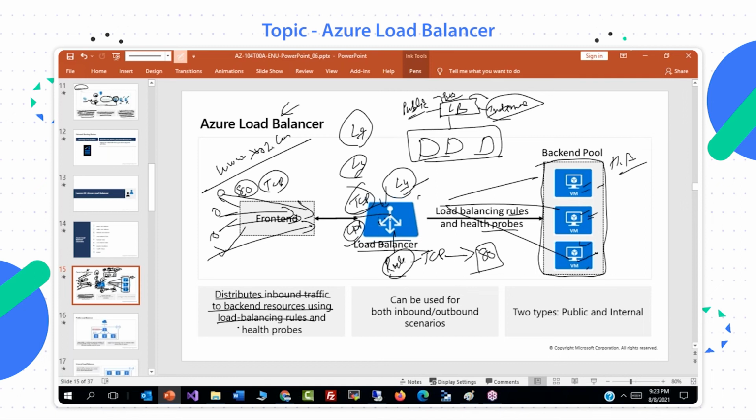So you need to create one health probe in which you will specify that my load balancer will send a periodic request to all the virtual machines every 5 seconds, using TCP or HTTP protocol, to check my resource health. If my load balancer gets 2 consecutive failures